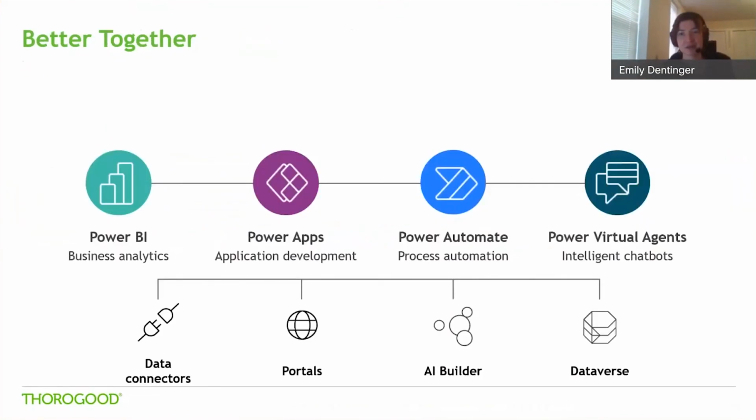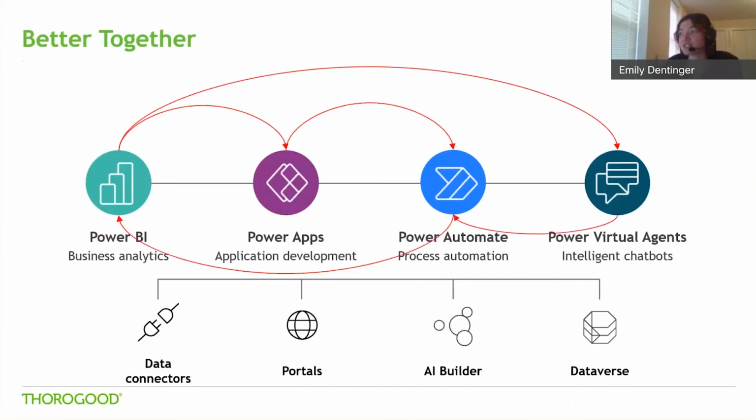Just to sum this up, the story here is that there are 4 components of the Power Platform, and we've touched on those in a bit of detail, but the point being each has its primary focus and its primary strength. But when used together, we derive really powerful business intelligence capabilities, and we can create very robust and dynamic systems and solutions. Whether that be embedding Power Apps into Power BI or incorporating Power Automate into Power Apps, or really just any combination of these tools, you're going to unlock more value and more